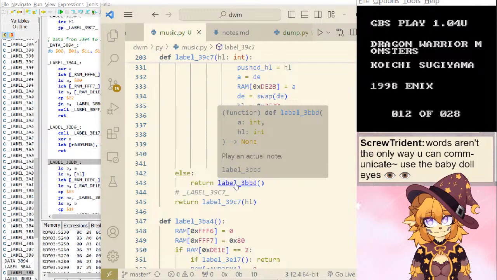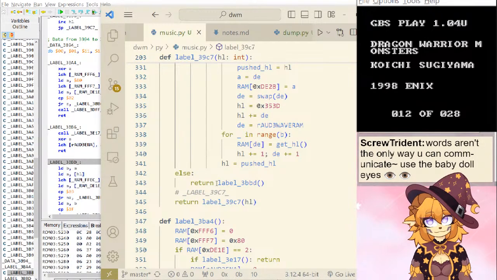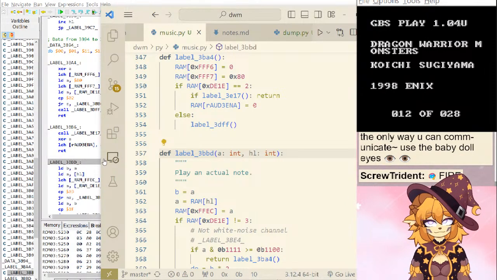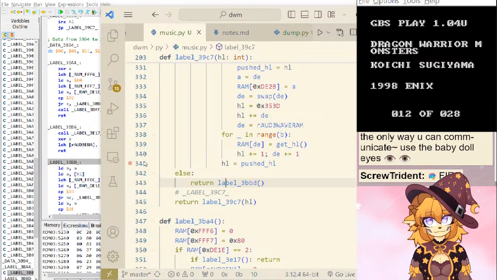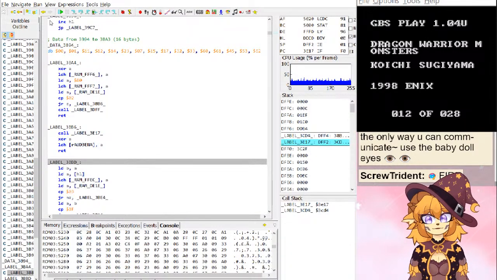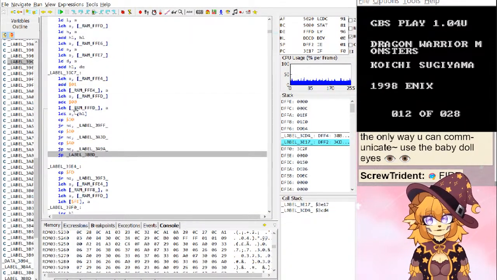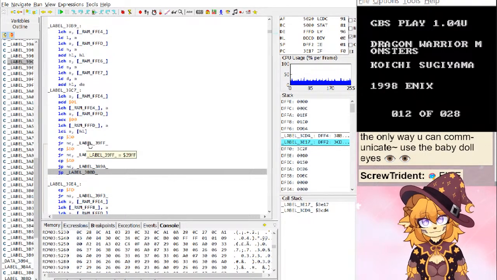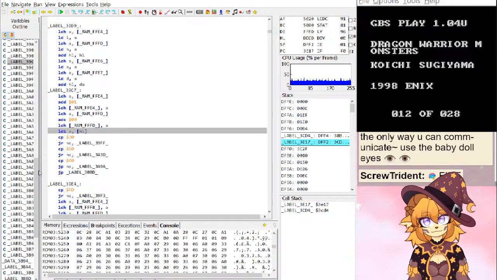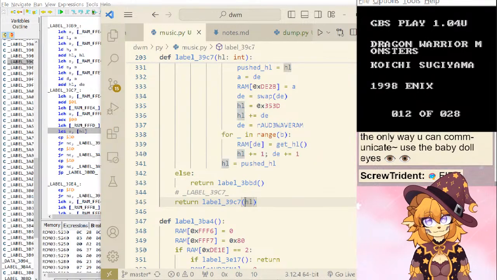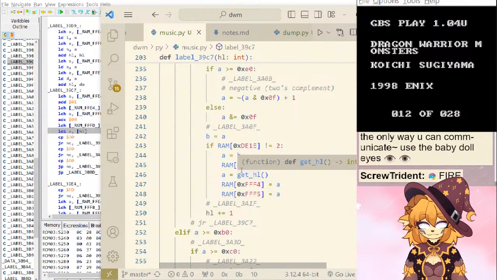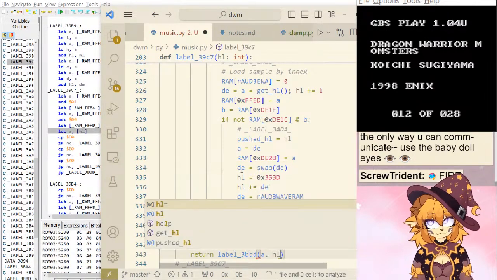Fair enough. So, call to this then. From here, we need A is going to be the note, I guess, and HL is going to be the HL. Okay, good. So it's not nothing special. We just pass it in.